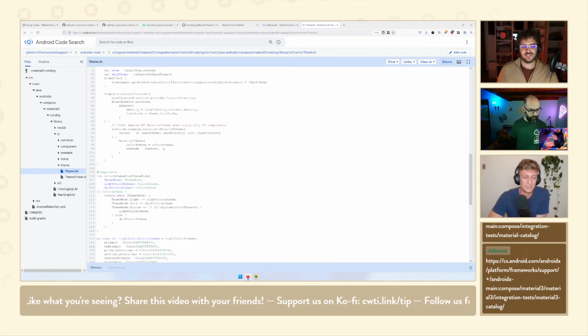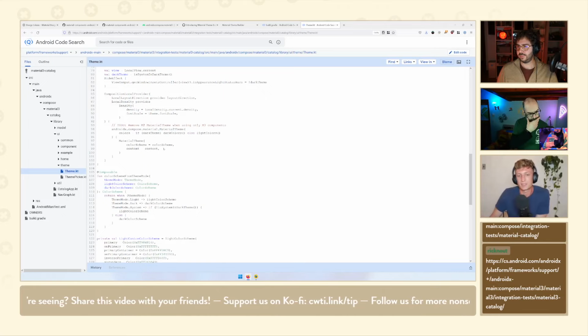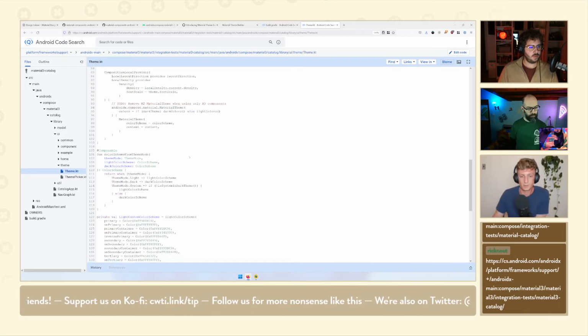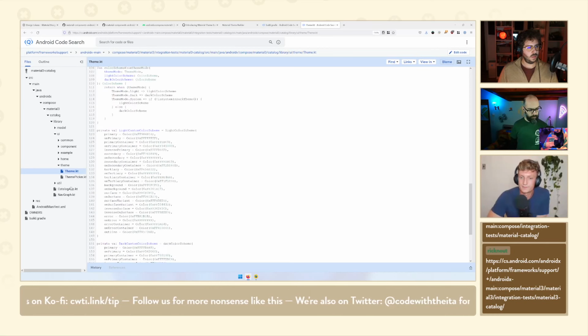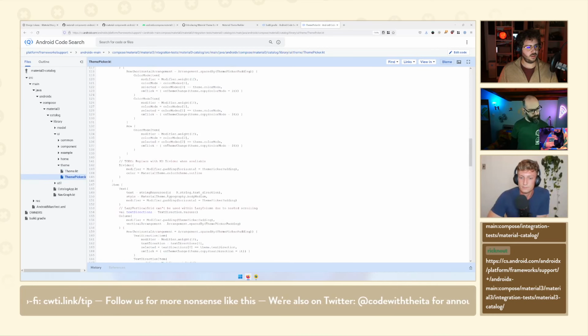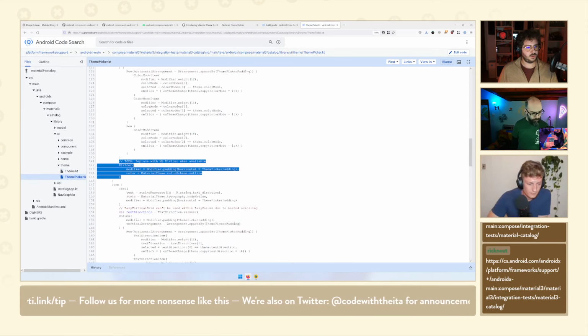I say should, but it was an interesting exercise because it made me discover the realities of using, say, a divider in this catalog when one didn't exist in Material 3 yet. So how do I use that, but wrap it and give it a value from Material 3, so that in the meantime we can add a to do but still use the component? I'm wondering if we can actually find that. Well, there was a divider here. I saw this to do.